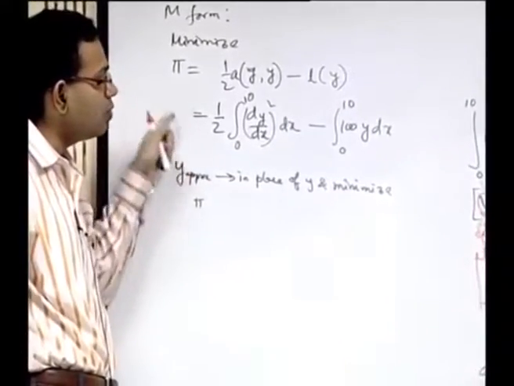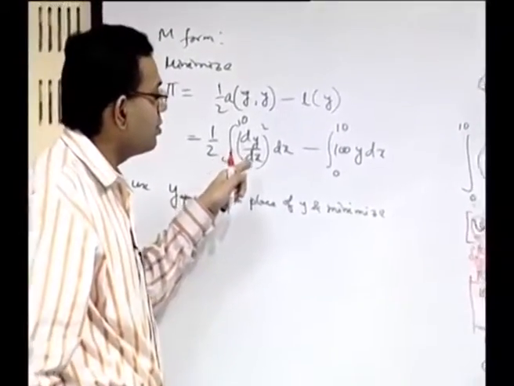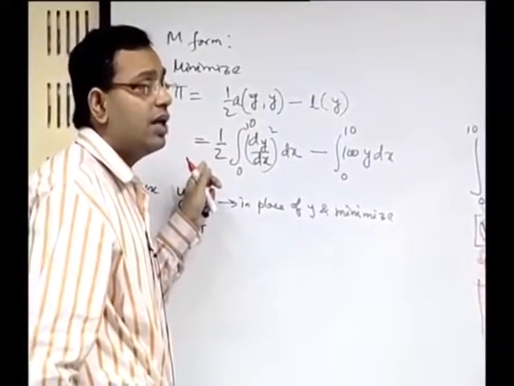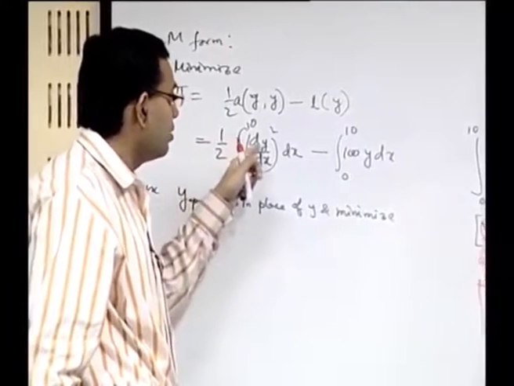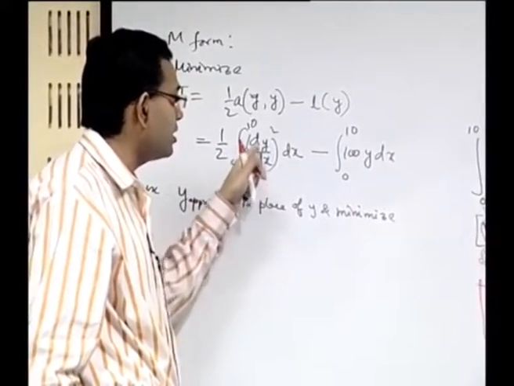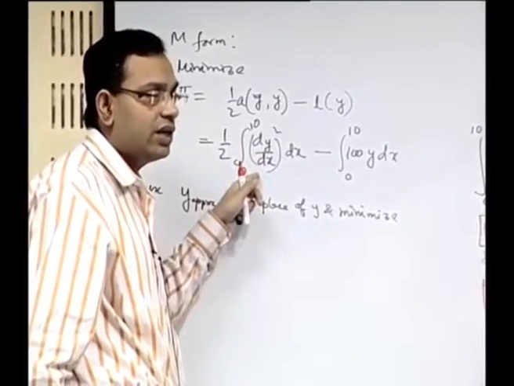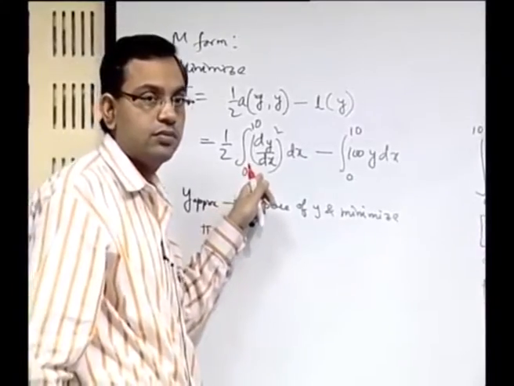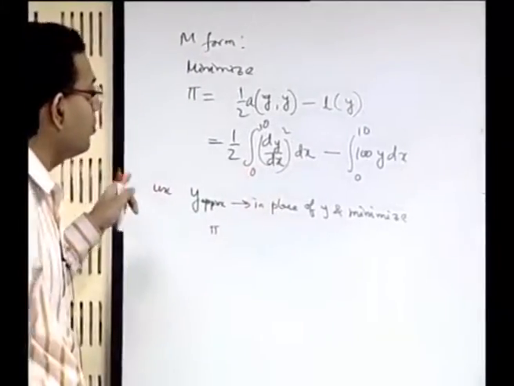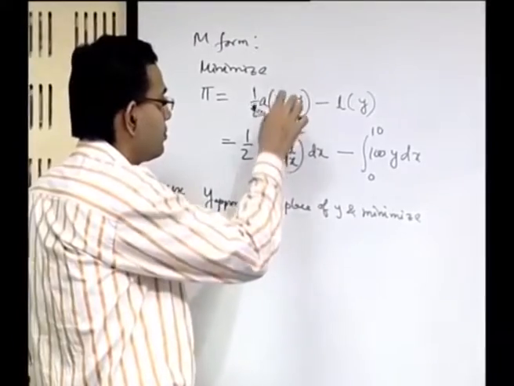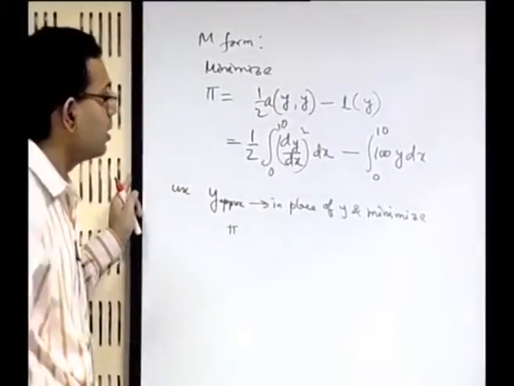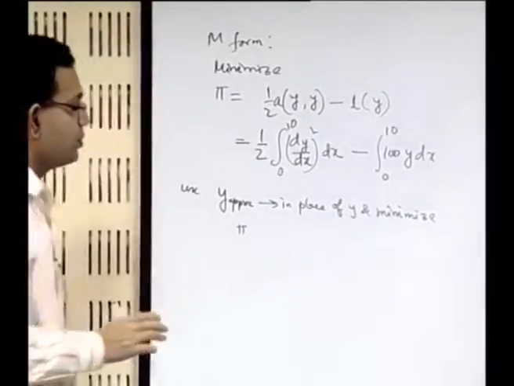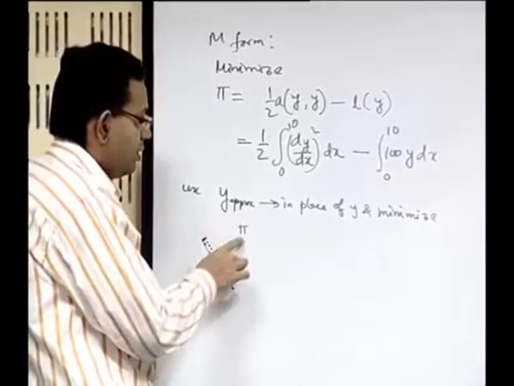So, here you have come to a form where it is a minimization problem where you require only a trial function, not a weight function, and also the continuity of the trial function is one order less than that of the ordinary differential equation originally given. So that is pi equals half a y y. Now you try to minimize this one